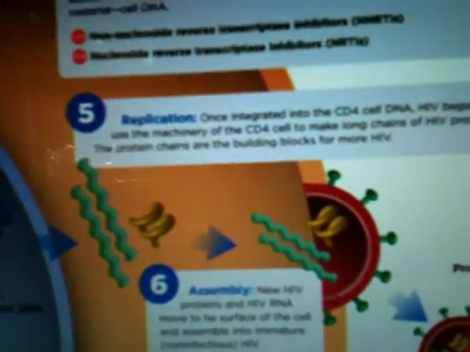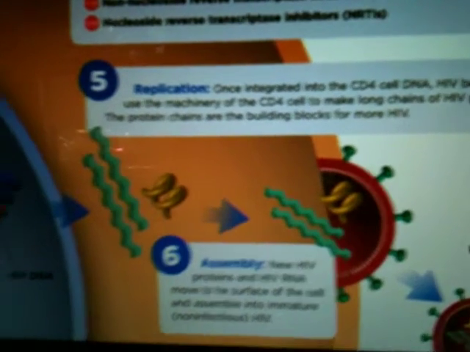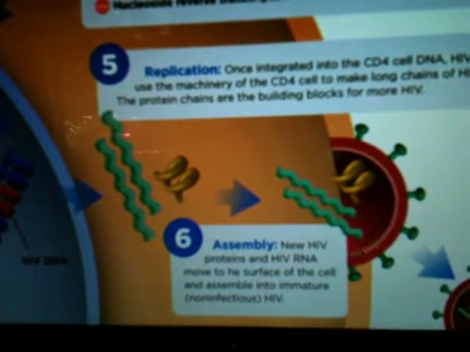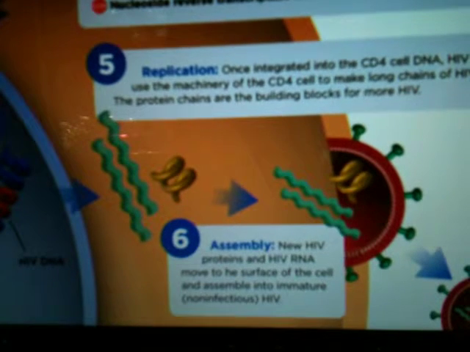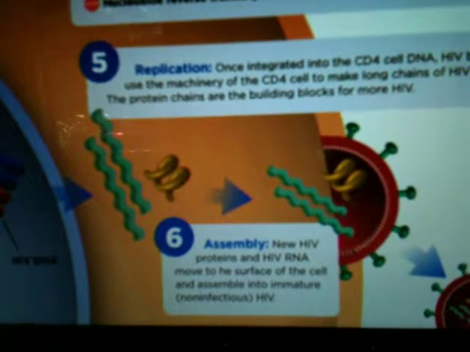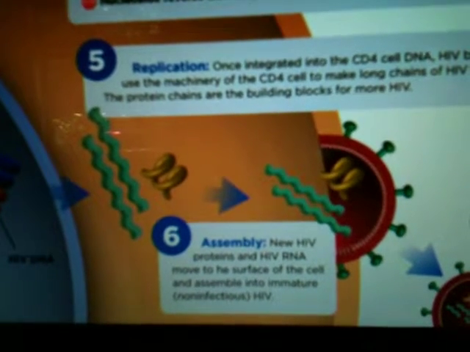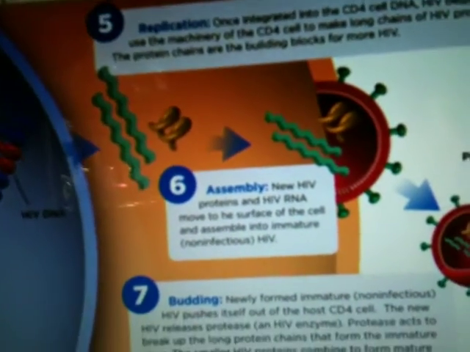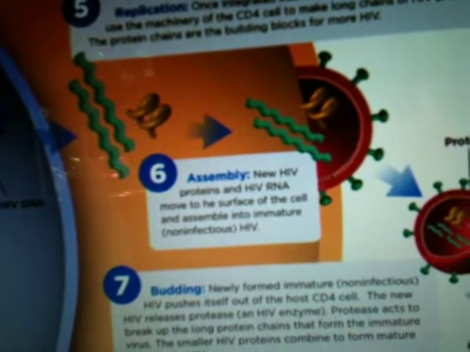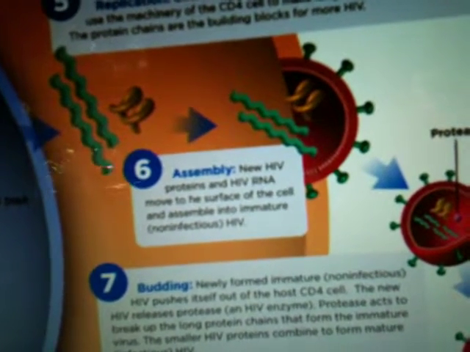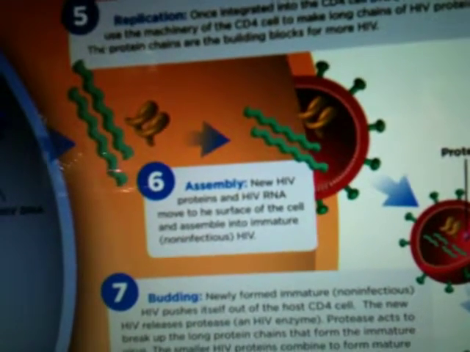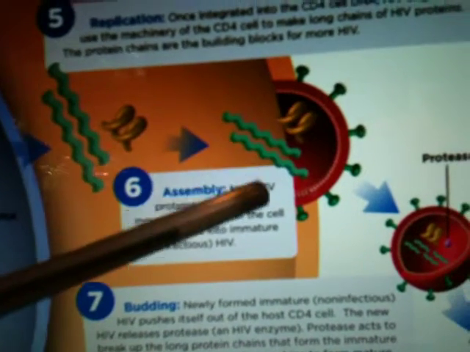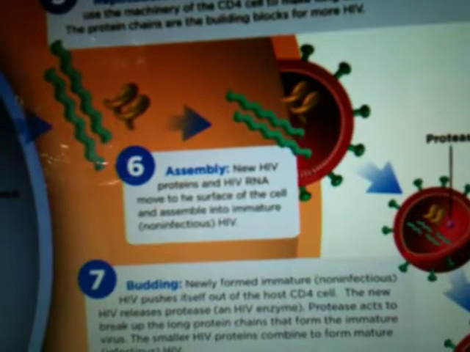Replication. In the replication stage, HIV begins to use the machinery of the CD4 cell to make long chains of HIV proteins. These chains are the building blocks for more HIV. Okay, assembly. During this stage, new HIV proteins and HIV RNA move to the surface of the cell and assemble